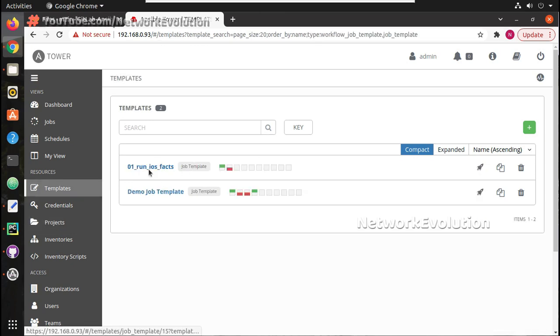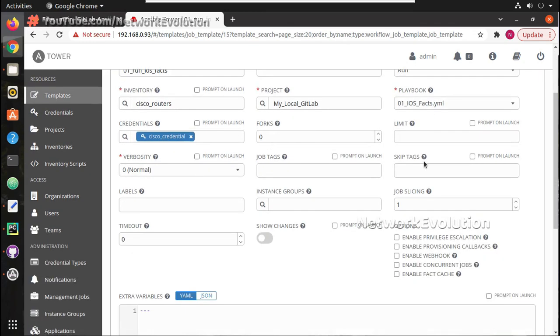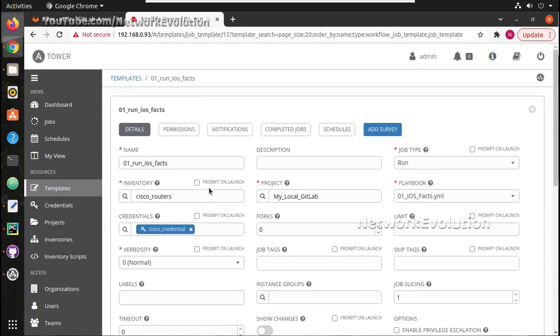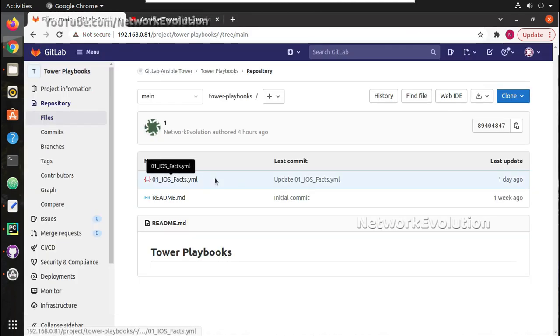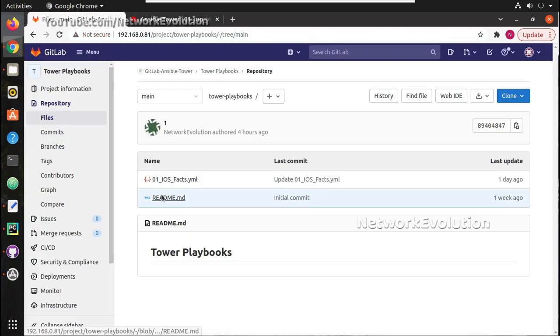Here you can see this template contains the playbook from this repository. So templates can dynamically pull all the playbooks available in the specified repository. Now in this video we will see how to add, delete or update files in this specific repository